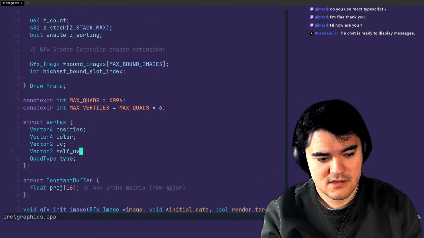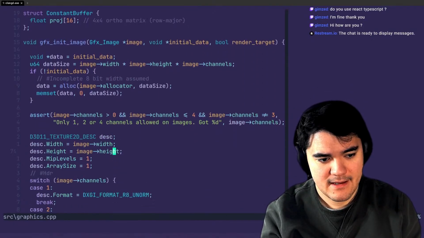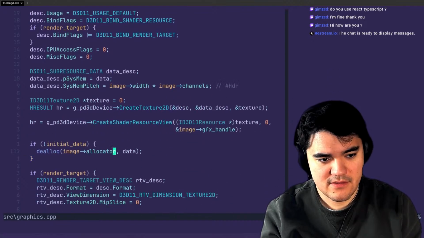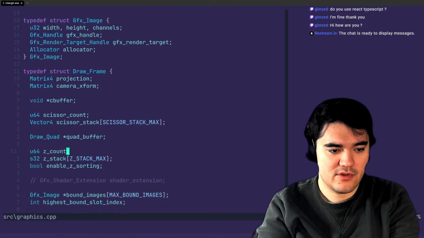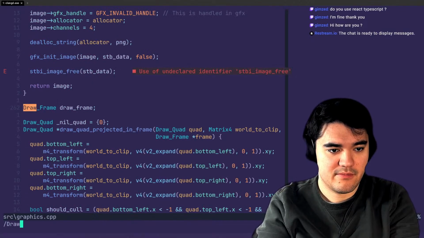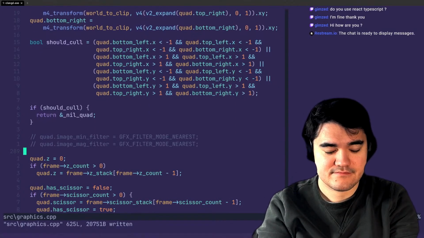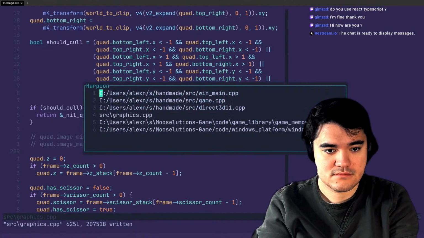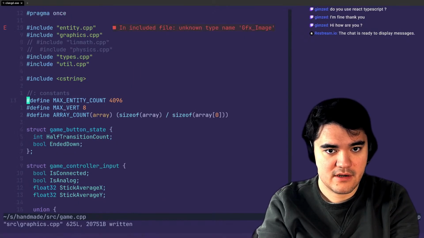So let's, I think what we want to do is, this is like a global right now. So let's just start pulling stuff apart here. So we don't want that anymore. We want in here